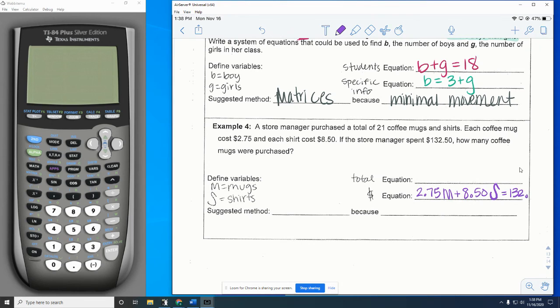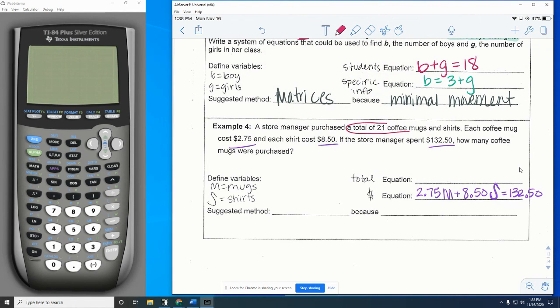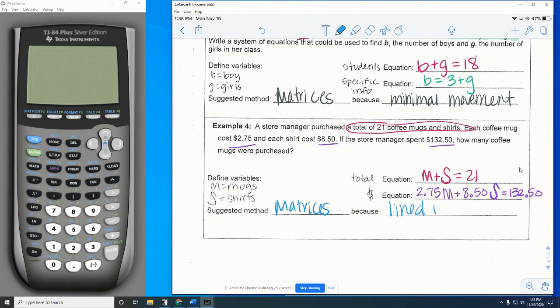And money plus money equals total money if you have total money. So I've used this one, and this one. Can't use them again. So I also know there were 21 mugs and shirts. So we had some amount of mugs, some amount of shirts, and it equaled a total of 21 items. This one, if you notice, your M's are lined up, your S's are lined up, equals your answers are lined up. So I would suggest matrices because they are lined up and ready to go. So make sure you're really reading the instructions on your assignment to see whether you need to be writing or